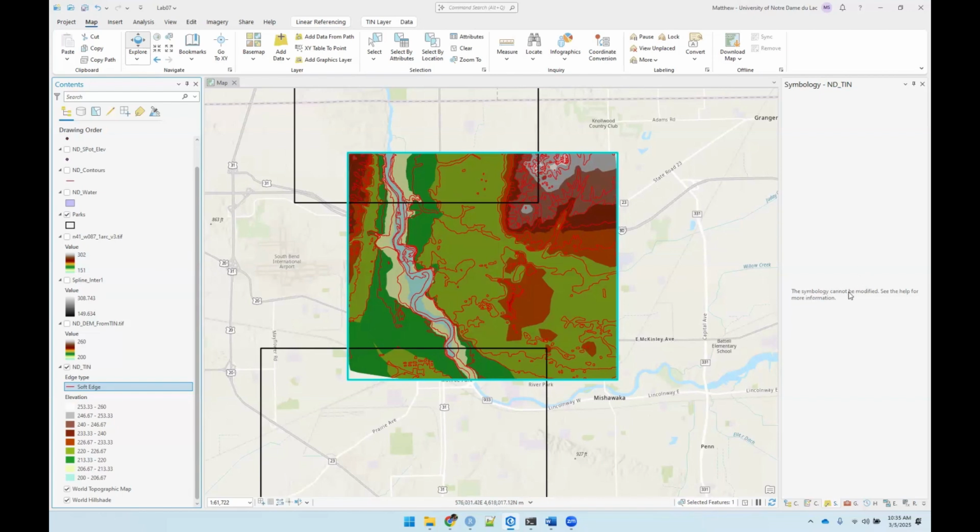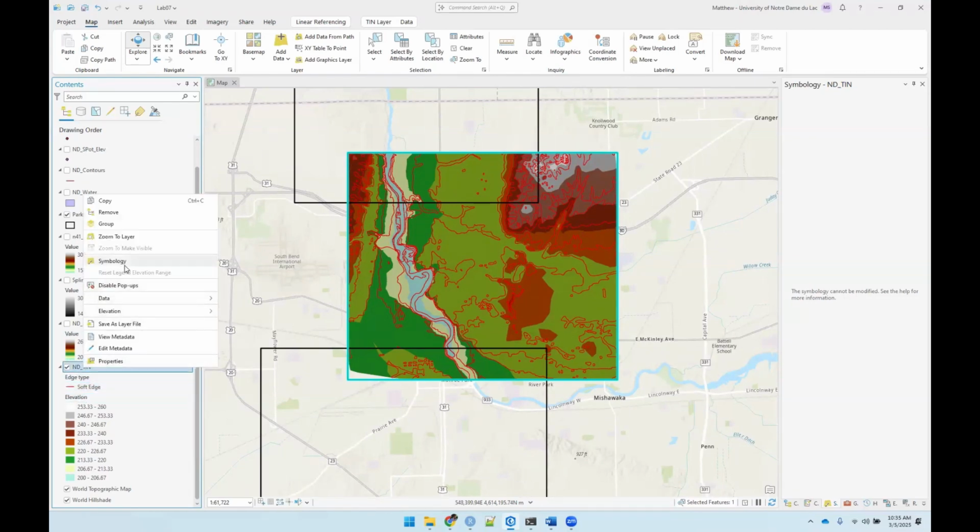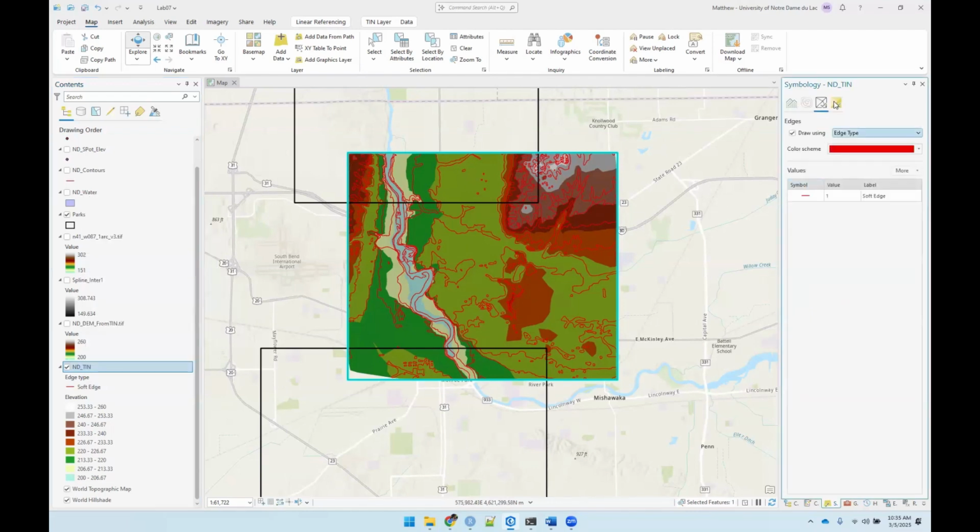So right now, it's in this place right here, but if I come to the actual tin itself and right click and choose symbology, it's going to give me more options. It just doesn't default to seeing them unless I'm clicked all the way up on the top there. So what it's saying is I have edges that I can see. Those are the lines and things like that. But what I'm probably more interested in is